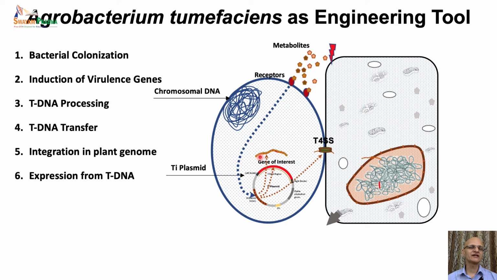So the Agrobacterium benefited from this association, as it makes the plant produce food for its own growth. However, now we have replaced the opine synthesis genes with the desired DNA or the genes of our own interest, and hence, as the genes for opine synthesis are absent,